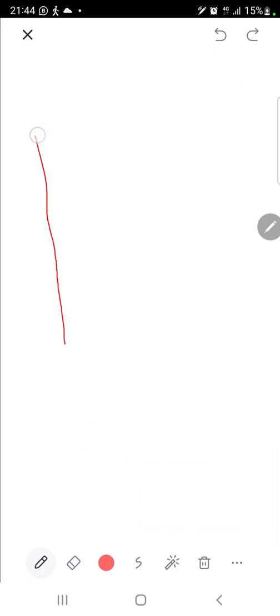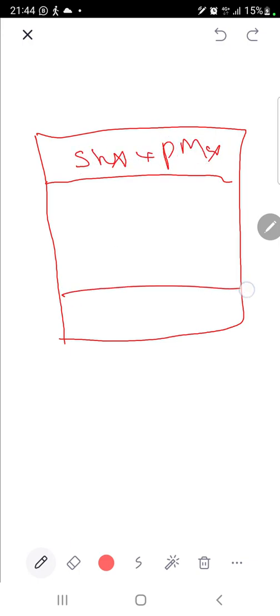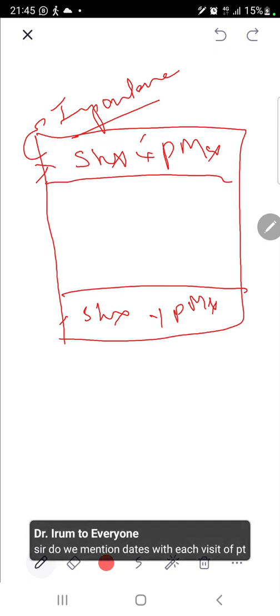Okay, and the rest of the body. Let's say this is the body paragraph after the introduction. If you're writing your social history or past medical history, either over here or in the last part of the paragraph, it depends totally on importance. Sometimes you need to split the social history. Some things can be written over here and the rest over here, depending on importance. But we would like not to make the case complicated at the moment. In any case, if you're writing the social plus past medical history over here,